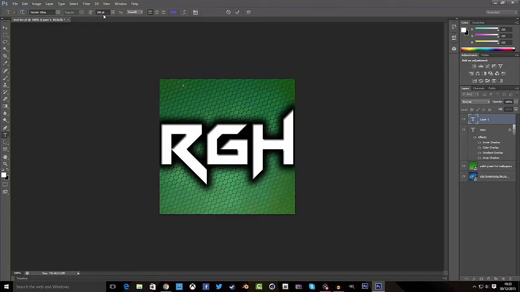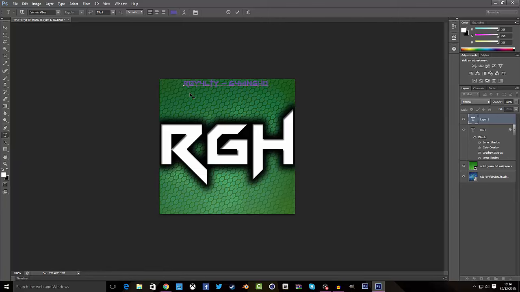So obviously, if you want to get new text, just click on this little paper thing down here, and it'll give you a new layer. Click on this layer, and we want to click on the screen with the text tool, which is this T, and you have it. So let's change this to about, I think it was 35 we said. So here we are. If we wanted to, let's just write our YouTube name, so Rotor Gaming. So real quick, 40